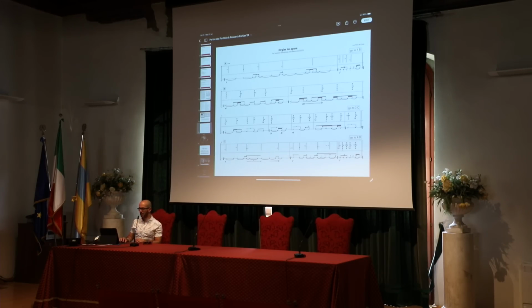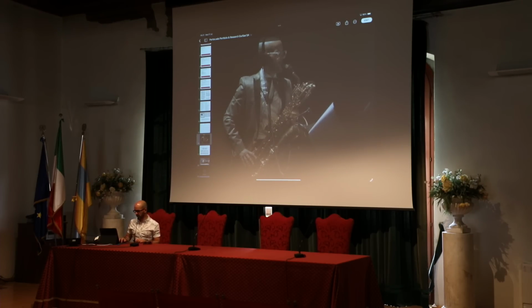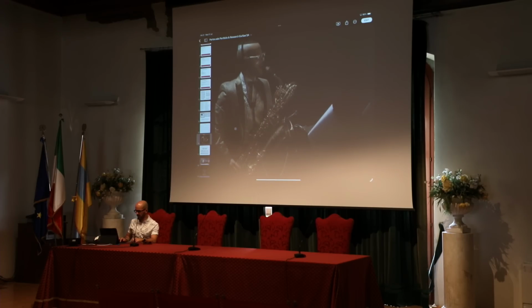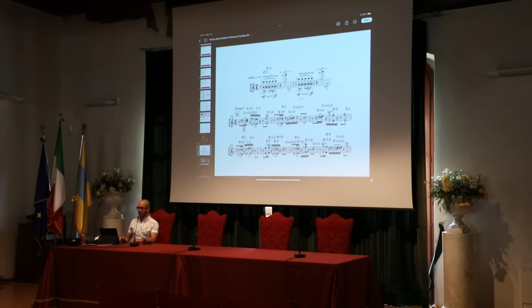There are no natural sounds involved in it. So obviously not all the bars use this, but some sections are using this.